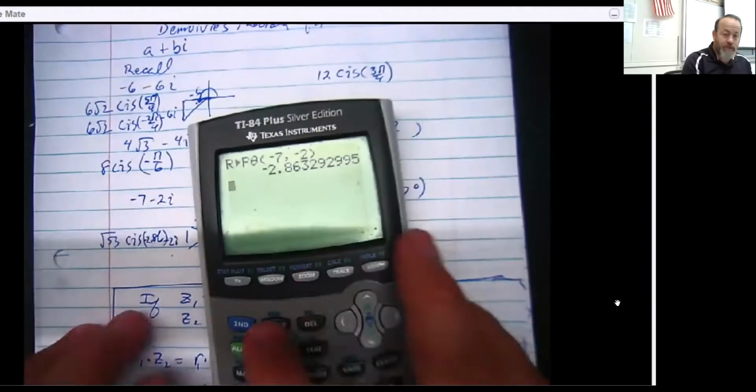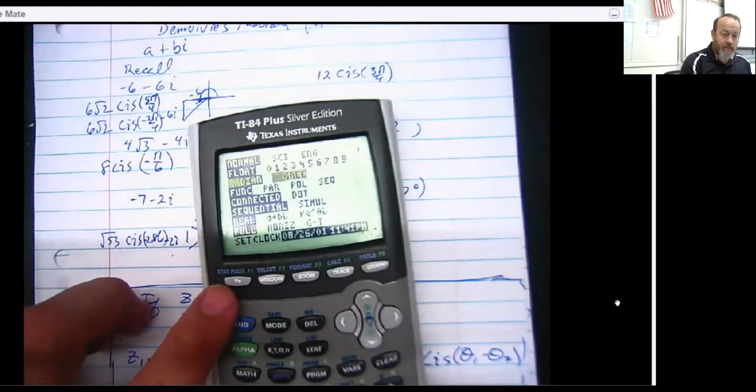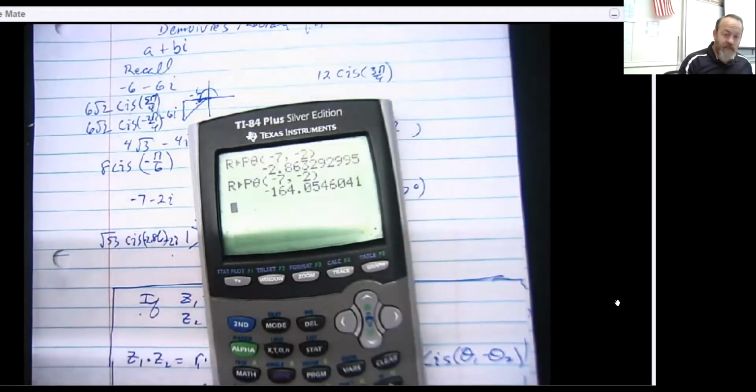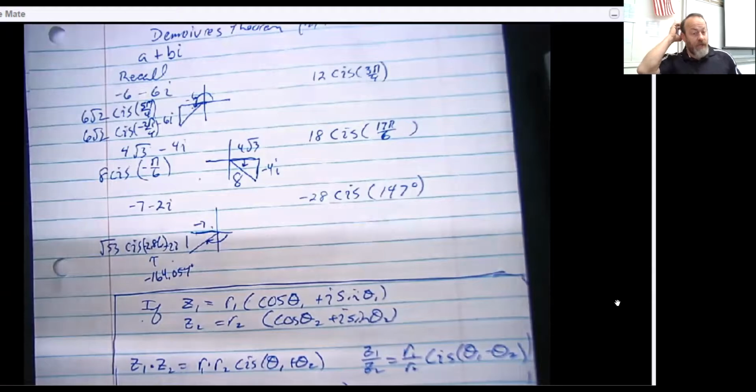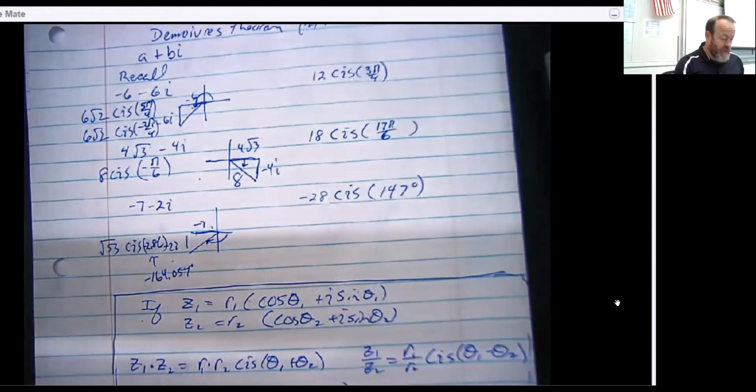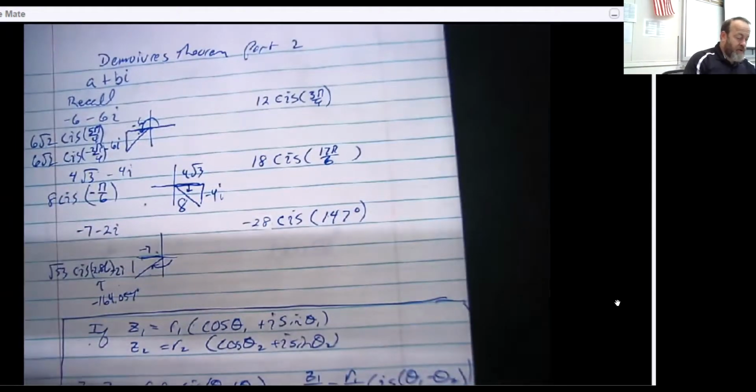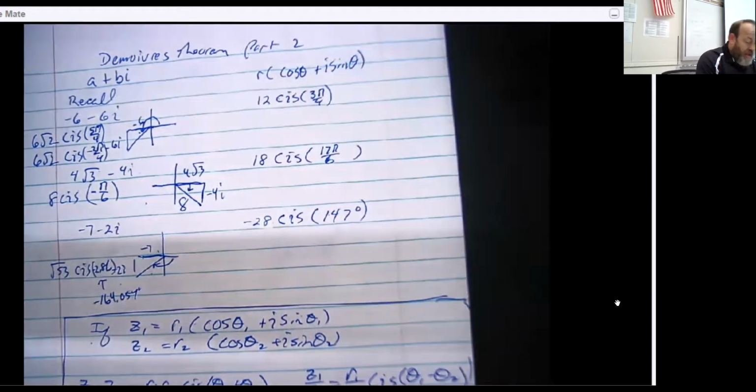Now, of course, if we wanted to put it into degrees, that would be completely valid. And that's -164 degrees, which I think for a lot of people makes more sense because you can visualize that that's almost 180 degrees going backwards, so that makes sense. Now, going the other direction, if we want to take it from this cis version, which is r cosine theta plus i sine theta, we can go ahead and go the other direction. So the cosine plus i sine,